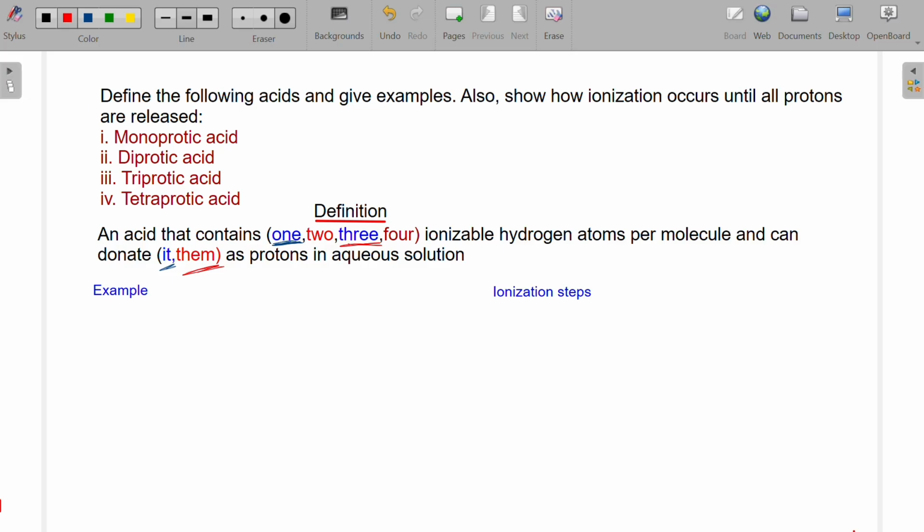All right. So for tetra, you know the drill now. We're just picking, tetra means 4. So we are picking 4 there. So it is an acid that contains 4 ionizable hydrogen atoms per molecule and can donate them as protons in aqueous solution. The 2 examples we're going to give here is,